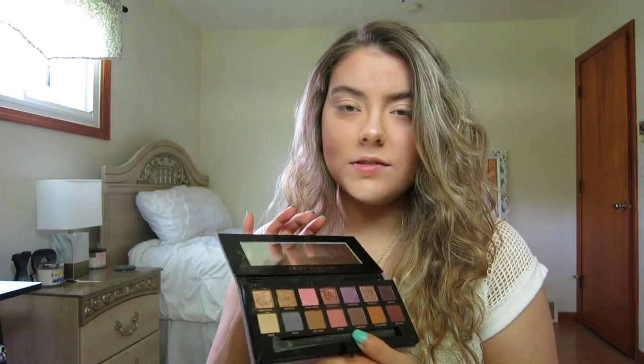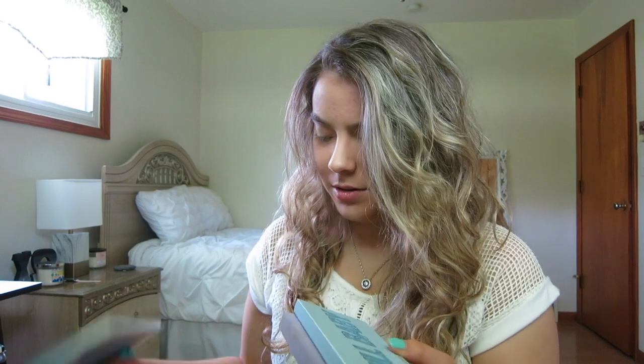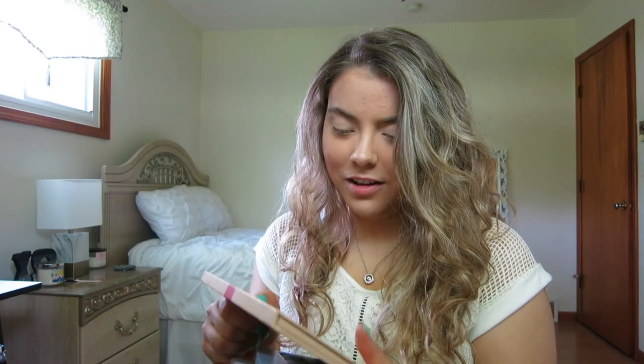So this is really scary because a lot of my palettes are the Norvina palette, where there's a lot of shades that don't really go together. You can mix them with other palettes, but they don't necessarily go together. So I have lots of palettes. I have the Modern Renaissance, Norvina, Chill Baby, a highlighter palette, a Lorac palette that I don't use. This is a Too Faced palette, which